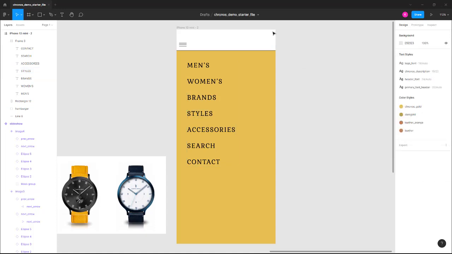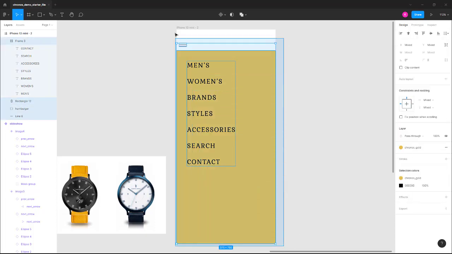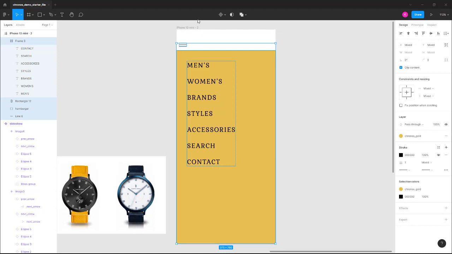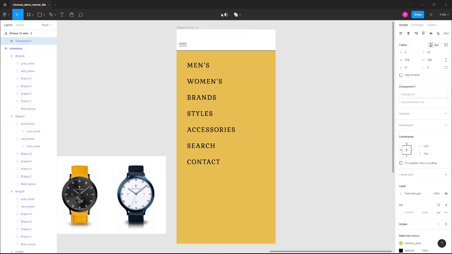Really, really handy. So this is what I really want the open menu to look like, more or less. I've got that now as I want. What I might do is just select all of these things that are here and turn those into a component. So I'm going to go ahead and create a component out of that. And now that I've got it as a component,